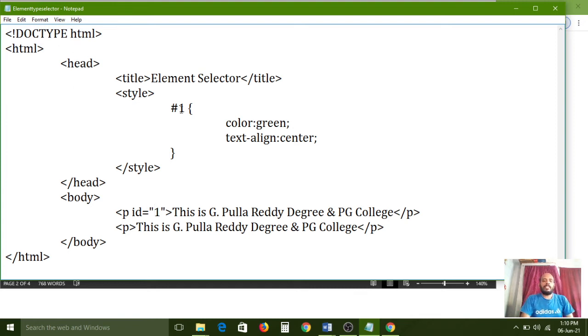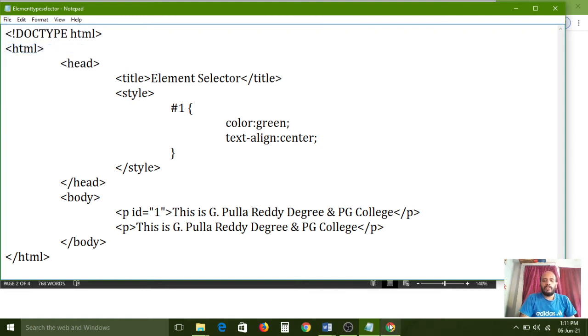So the name can also be used like this. Instead of the element selector place, here I used a special name by using the hash symbol. So id equal to 1, I gave. Here I gave 1, right? That one I also gave here. So I am giving the link from here to there. For the second paragraph there is no link. I disconnected that link. Understand? Right. Now I am saving this one.